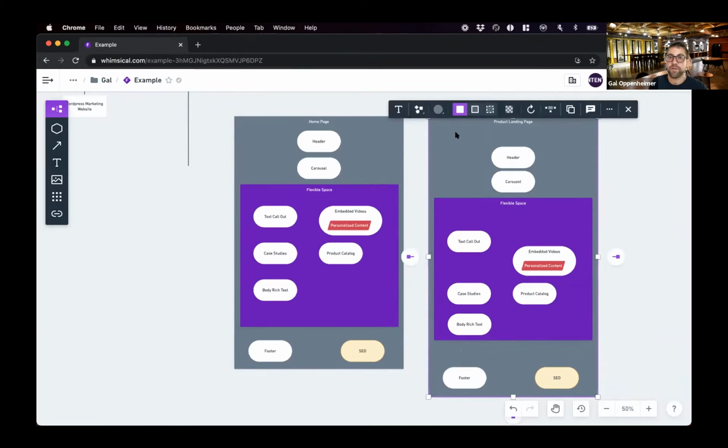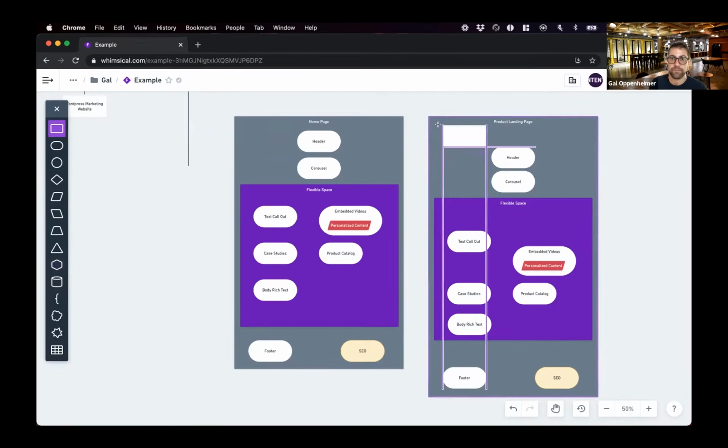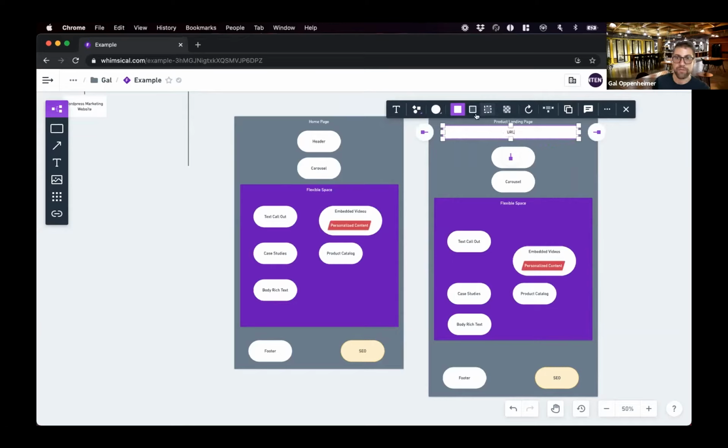Okay. So, what I might also do is have a URL management field. So I can go in here and build the URL field. And then for this, I can actually build a rule.